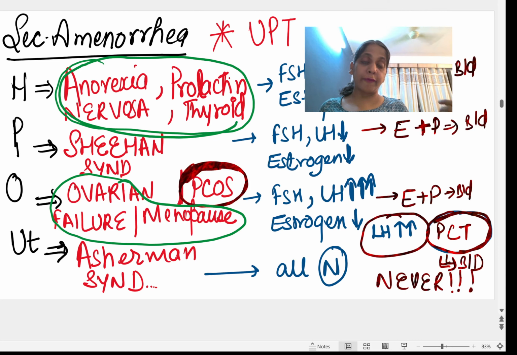Okay. Transformation zone, we have discussed it already. What is the transformation zone? The zone between the old squamocolumnar junction and the new squamocolumnar junction. The zone in between is the transformation zone. Now, after scraping the cells from the transformation zone with the help of an Ayre spatula, we have